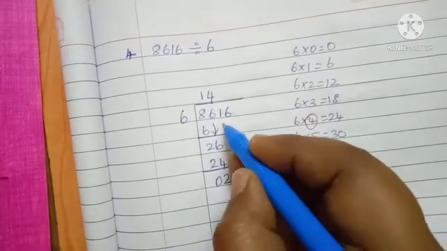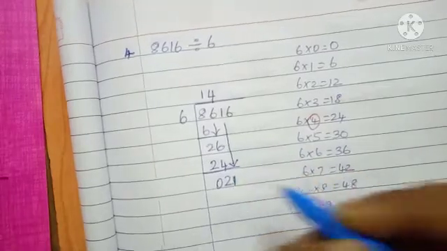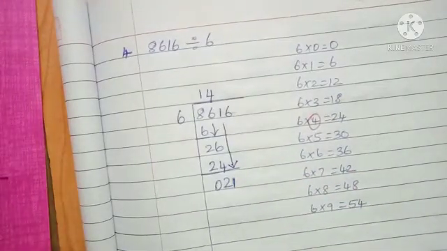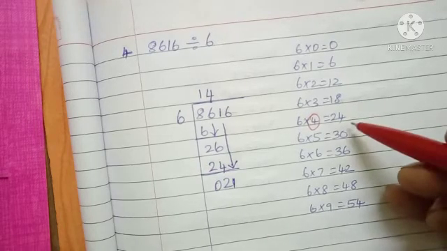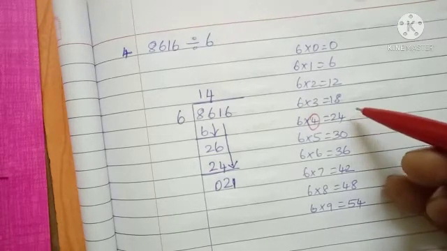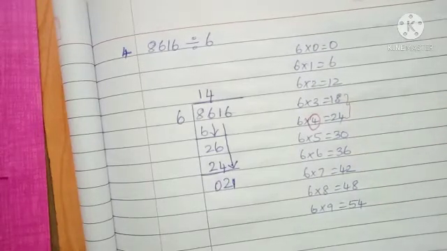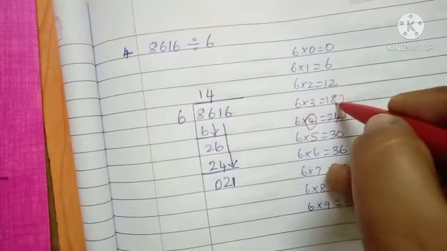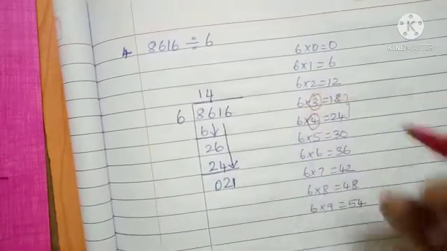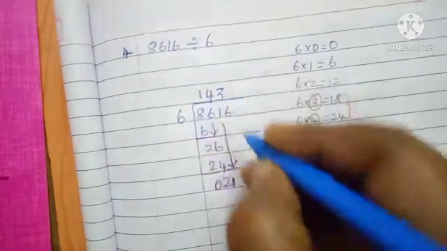Then take the next number 1, 21. 21 in between, what number is coming here? 18 and 24 in between is 21. So 18 number kum 24 number ku naduvula vara number than 21 என்ற number. So you put the before number 18, 3 times. So 6 3s are 18.